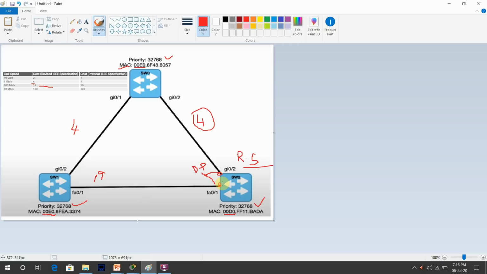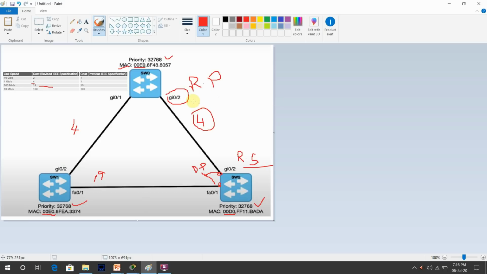So my cost will be 23. This is not a sensible decision. In this case I am directly connected to the root switch with a cost of 4. So no question, my gigabit 0/2 will be the root port, because this is the lowest path cost. This is the root port.